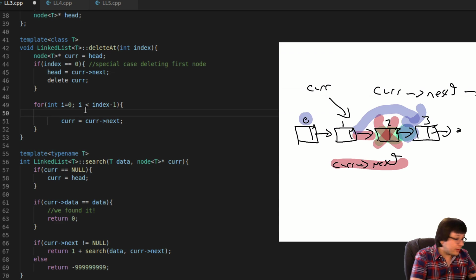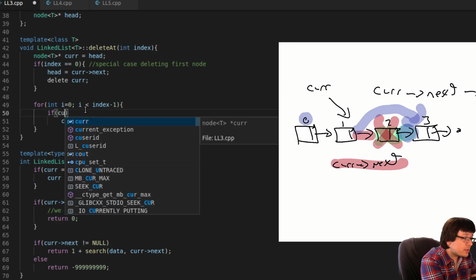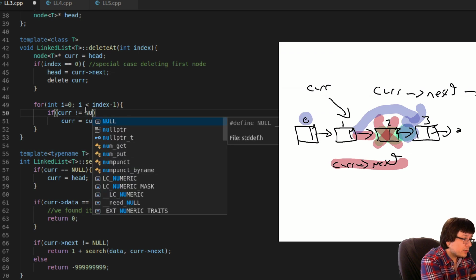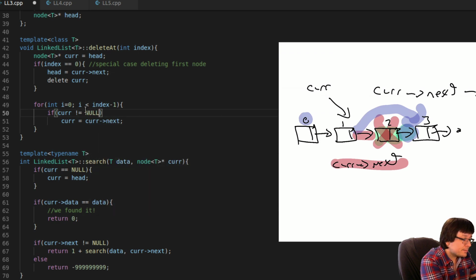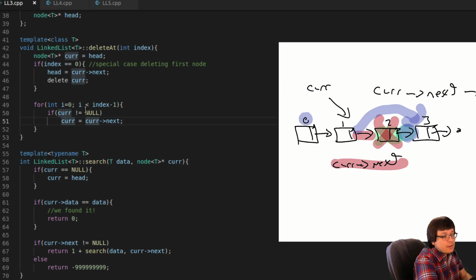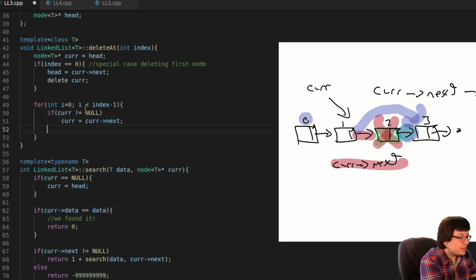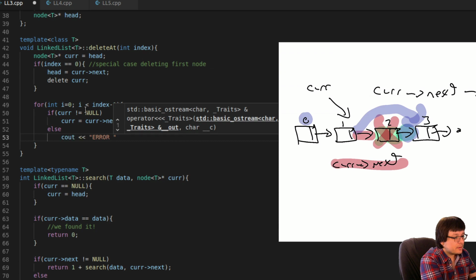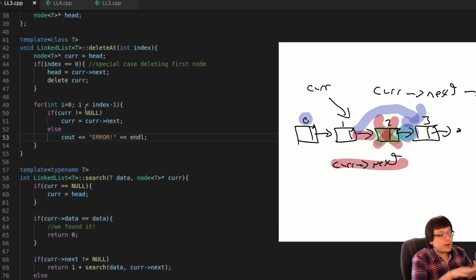To avoid seg faults, I can always do something like if cur is not equal to null, like that. And if it is, then cout error or something, just to avoid potentially giving it an invalid index.